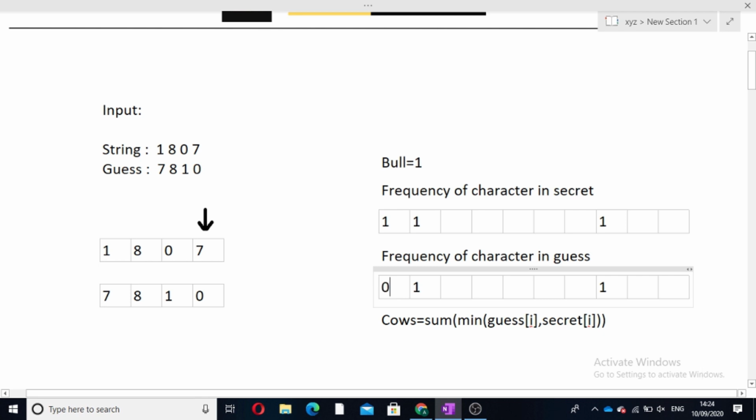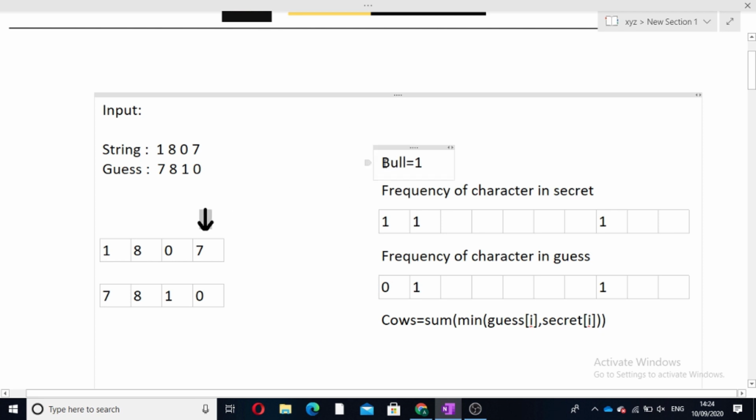Now after the traversal is over, the number of bulls is given by the bull variable, and for the number of cows we have derived a formula: the sum over both frequency arrays, taking the minimum number at each particular position.